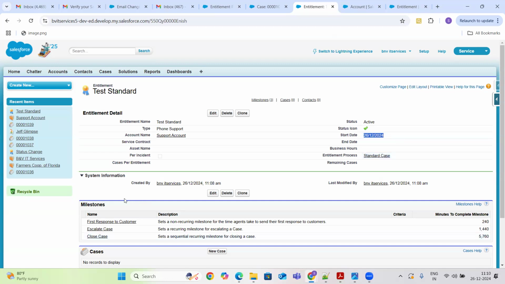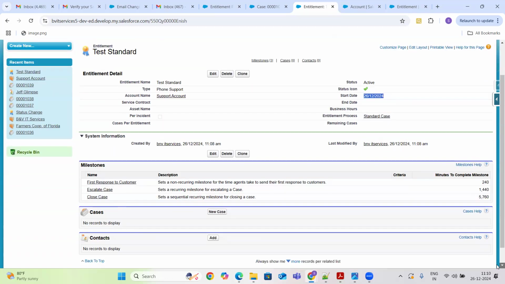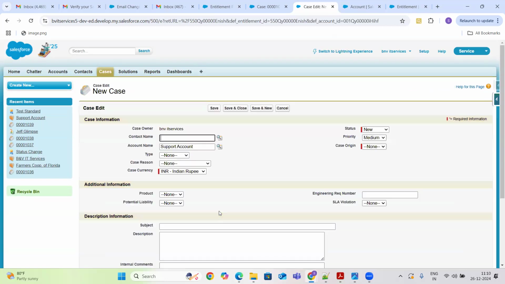So these are the three milestones which is showing up. Why it is not showing this case? Am I not created case from here? Clicking on new case.